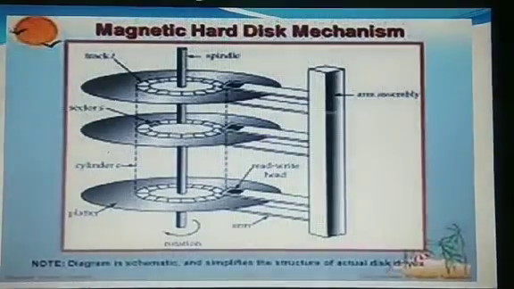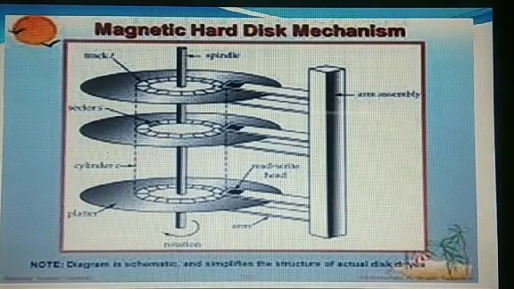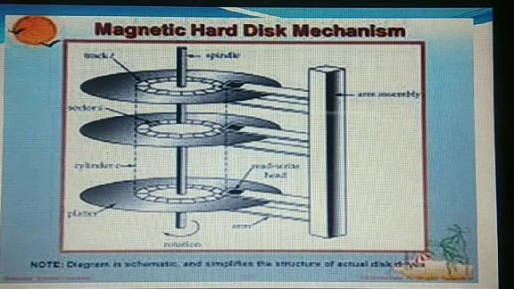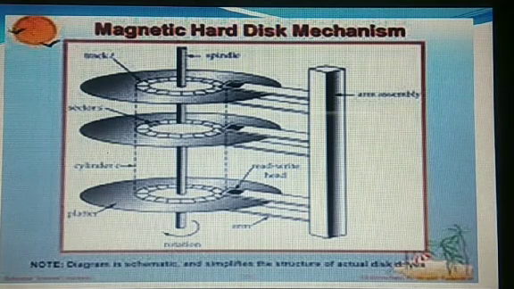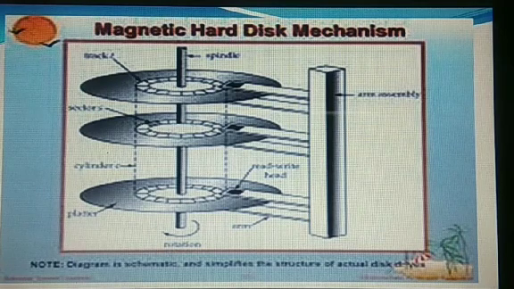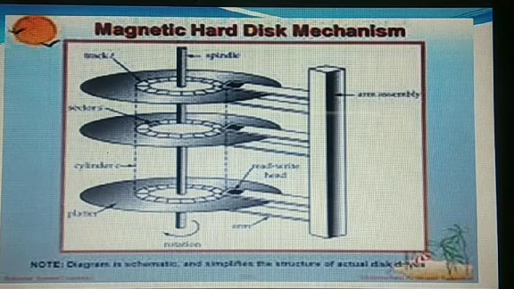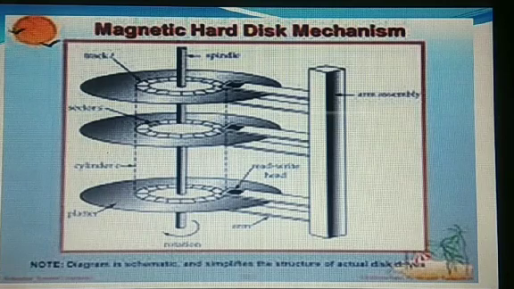See another view of it. Several platters are there, and data can be written on both sides, so we have two read-write heads for one circular disk. The spindle is there. This spindle rotates and thus the circular disk also gets rotated. The read-write head is fixed at a position. It can write the data as soon as it finds an empty place, or if you want to search for a file, it will search the data like that only.